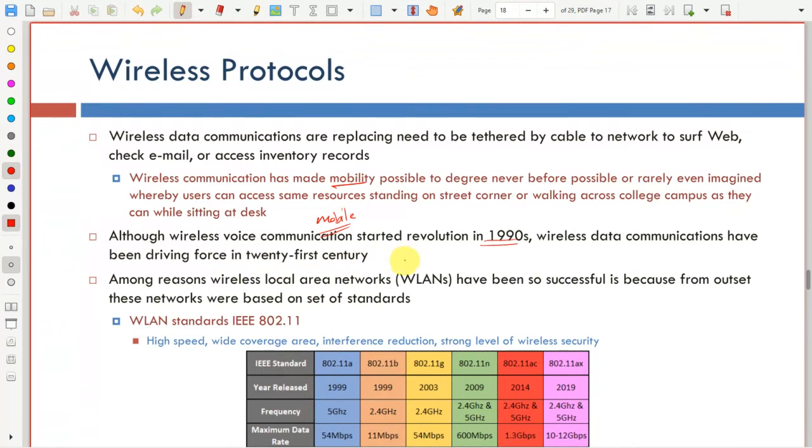Before, you would actually have to connect your computers to a modem or whatever inside the home. If you wanted to have access, you had to extend an Ethernet cable between that modem and your computer. Now you don't have to do that. The success of wireless local area networks is attributed to one very important thing that they started with,